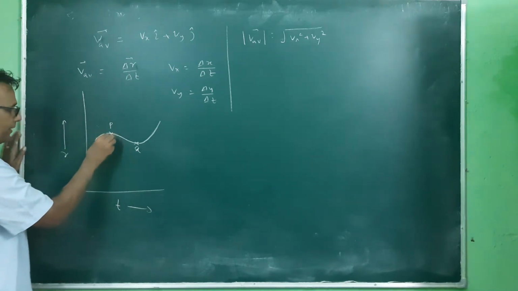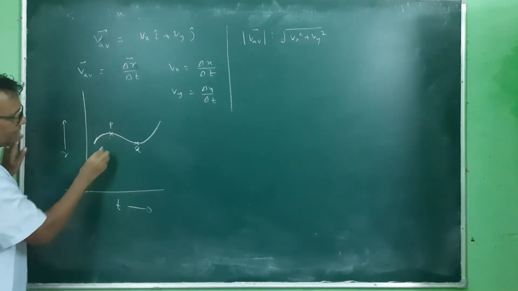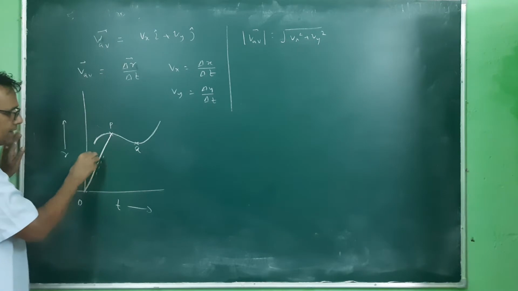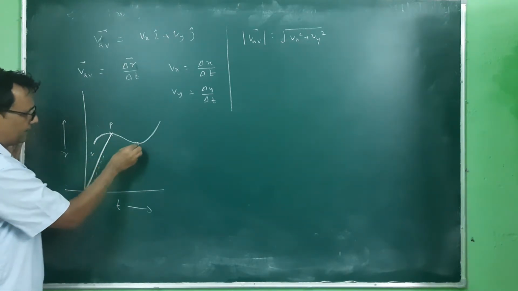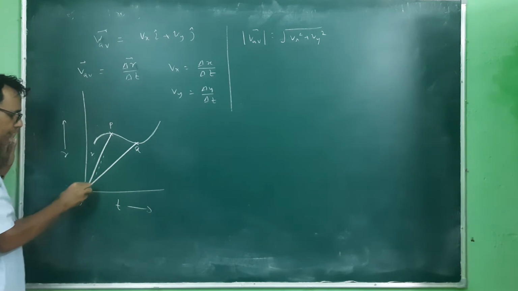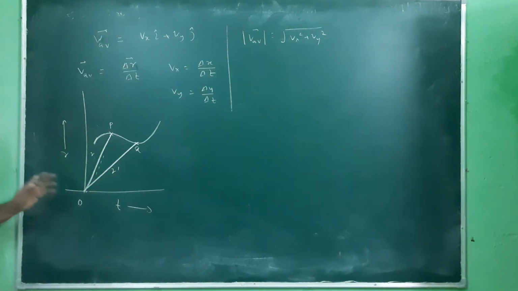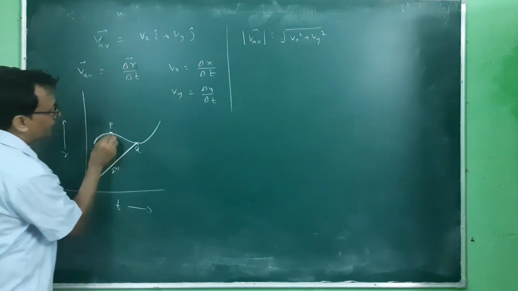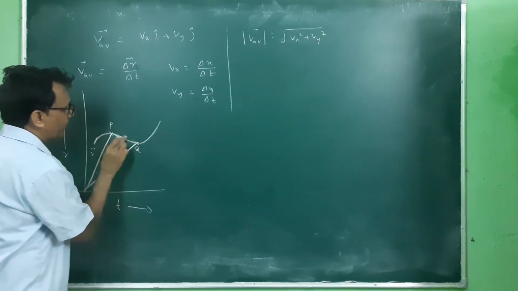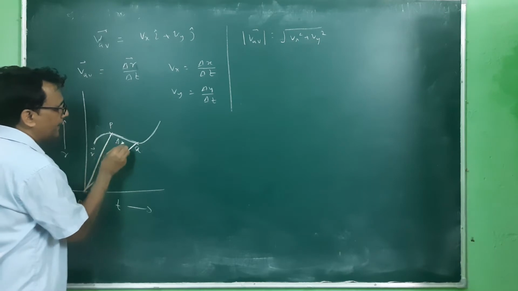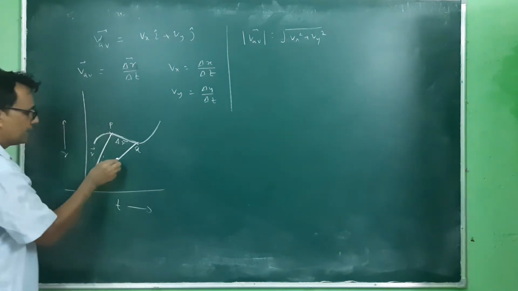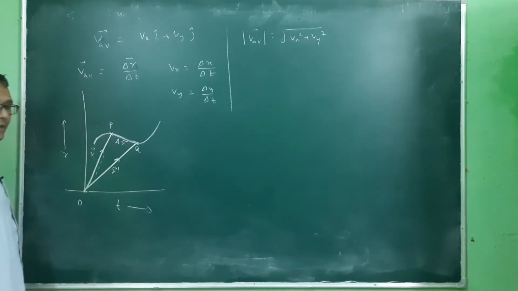And the position vector of this point, with this as the origin O, we have taken R. And this point's position vector is taken as R prime. So this is R and this is R prime. Both are in vector form. So these are the position vectors, r and r prime, and when we join P and Q, then this is delta r. So this is the displacement delta r, and here is its direction.